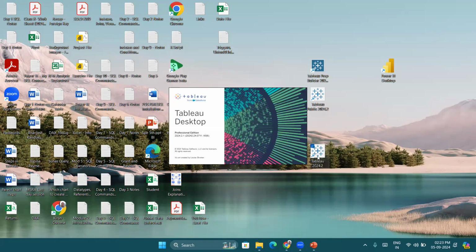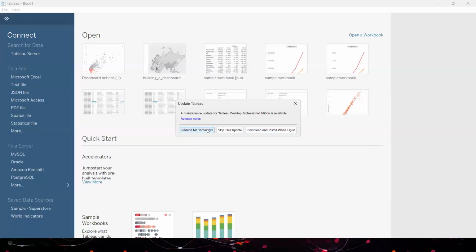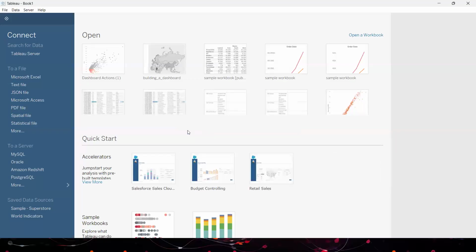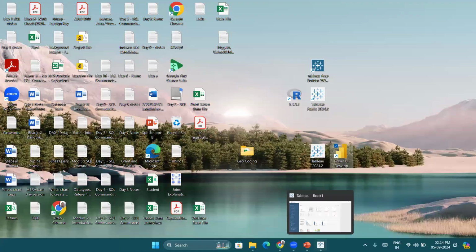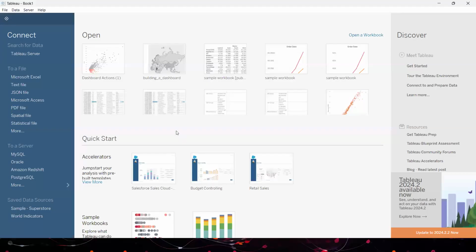Here is Tableau that I have, and this is Power BI. On any tool, whether it be Tableau or Power BI, the first thing is you need to connect to the data. Only after connecting to the data will we use that data and create different types of reports. So here I am on the Tableau homepage. The homepage of Tableau looks like this, and I need to create some charts over here. I need to connect to the data for that purpose.